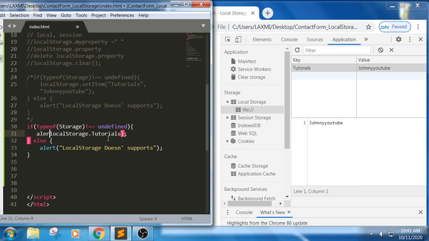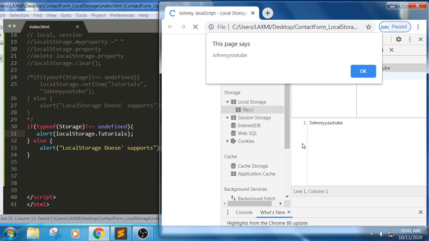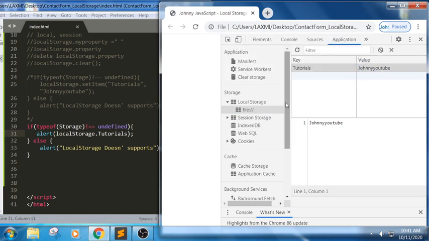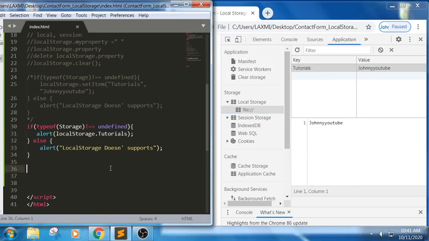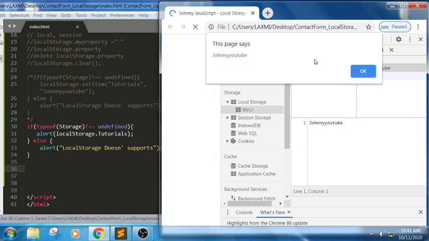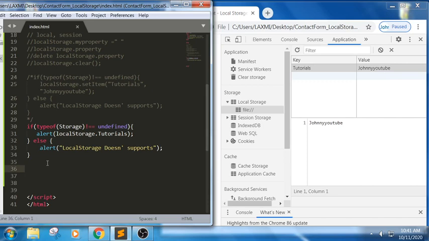Let me write alert. I have written alert here. So see here, we got in the alert pop-up box, Johnny YouTube. So we are getting an item here. First one we were setting an item, next one we were getting an item.